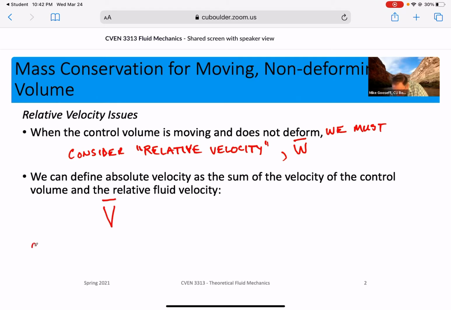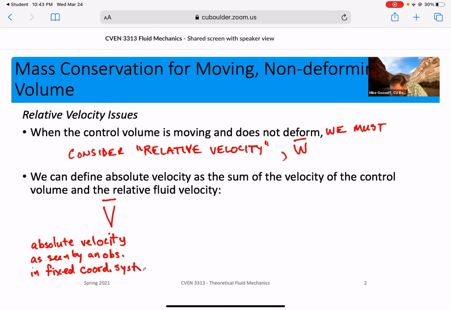So what this looks like then is V will be our absolute velocity as seen by an observer in a fixed coordinate system, and that is equal to W, which is our relative velocity we just defined at the top of this. So that's going to be equal to W, which is our relative fluid velocity